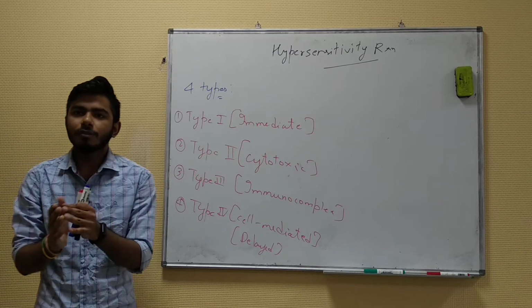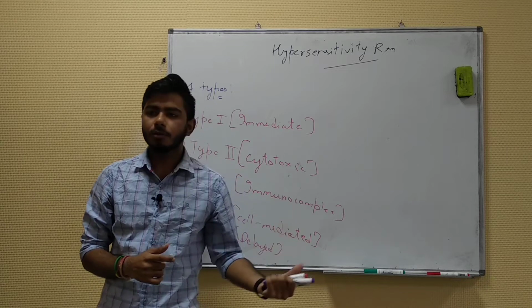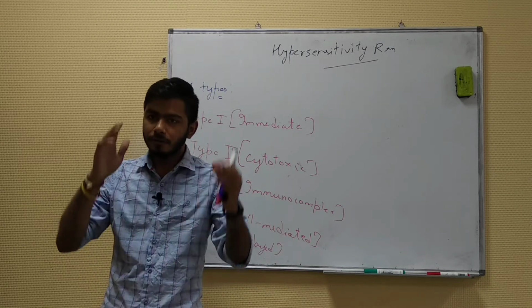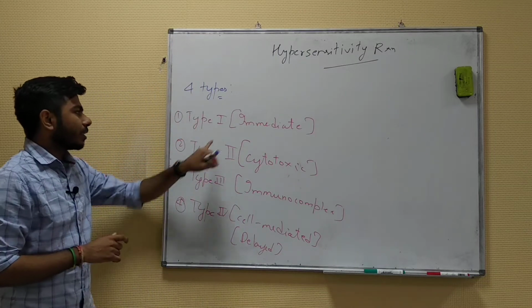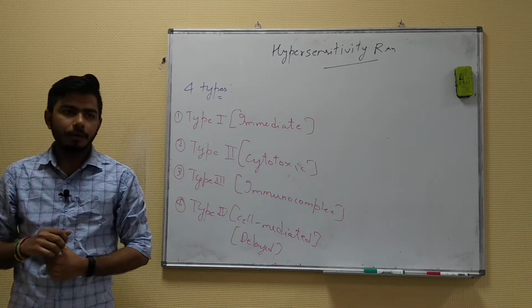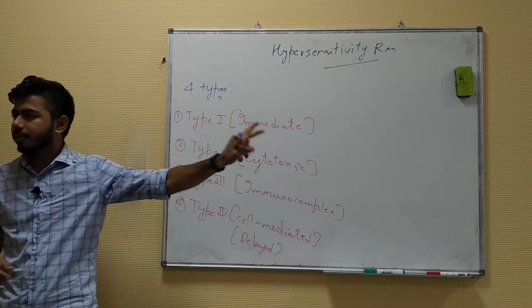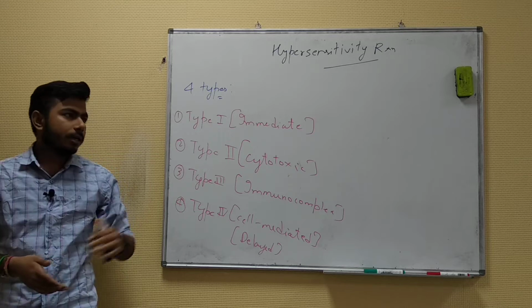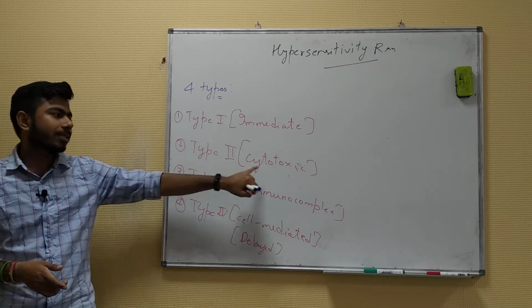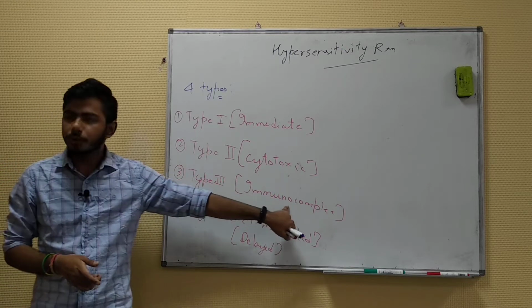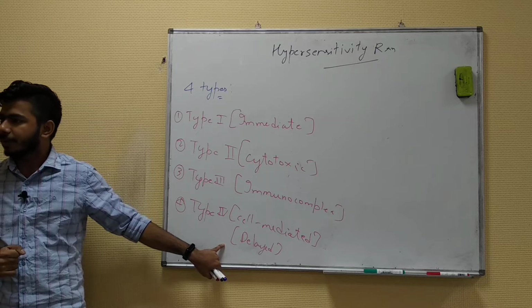These questions may be asked in the I form. They will not be asking such kind of questions in Croc. So you have to prepare your mind according to both the exams. Let's start with type 1 hypersensitivity. For the new students, just now I have discussed the hypersensitivity reactions. There are 4 kinds: type 1, type 2, type 3 and type 4. Type 1 is also called immediate, type 2 is cytotoxic, type 3 is immunocomplex, and type 4 is cell mediated, also called delayed hypersensitivity.